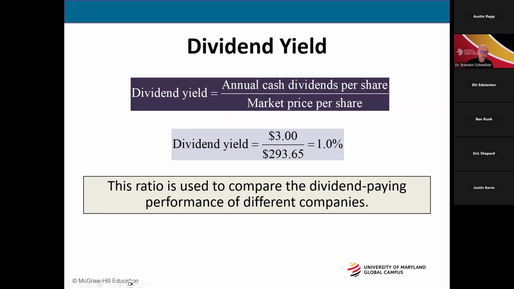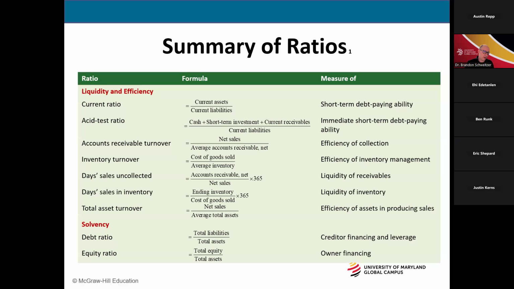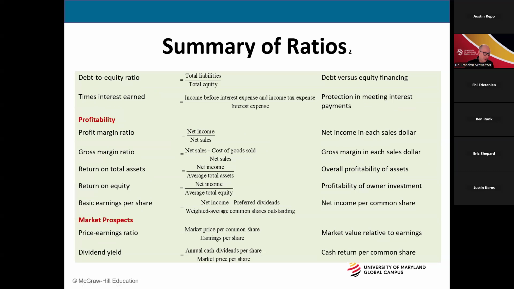And then we have dividend yield. We take annual cash dividends per share divided by market price per share. This gives us an idea of the company's ability to pay a dividend in the future. These two slides right here are really great summary slides. Of course, this whole presentation will be made available to you, but I always like having everything together in a nice orderly fashion. So that brings us to the end